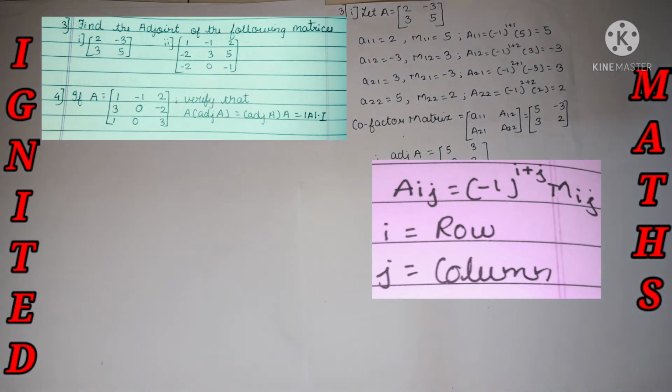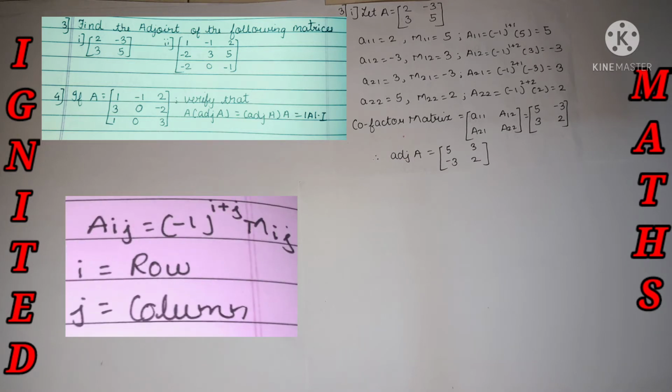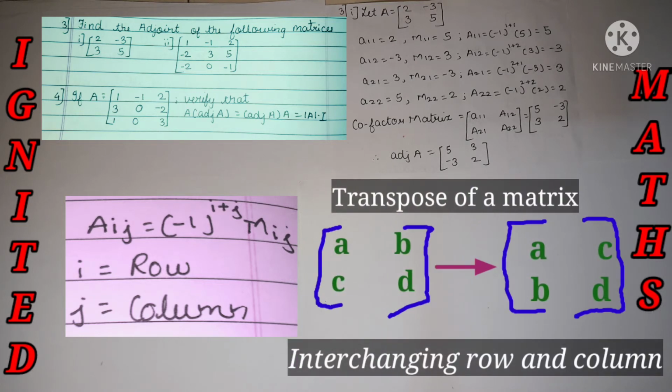Here they have asked to find the adjoint of the following matrix. Okay, the procedure is, first we need to identify the minor elements, and with that we can find the cofactor by using the formula Aij is equal to minus 1 raised to i plus j into Mij. Yes, after finding the cofactor elements we need to find the adjoint of the matrix, that is nothing but the transpose of the cofactor matrix. Okay, the procedure is absolutely the same for the 2 cross 2 order and the 3 cross 3 order also. So just do the procedure and you'll be getting the answer.